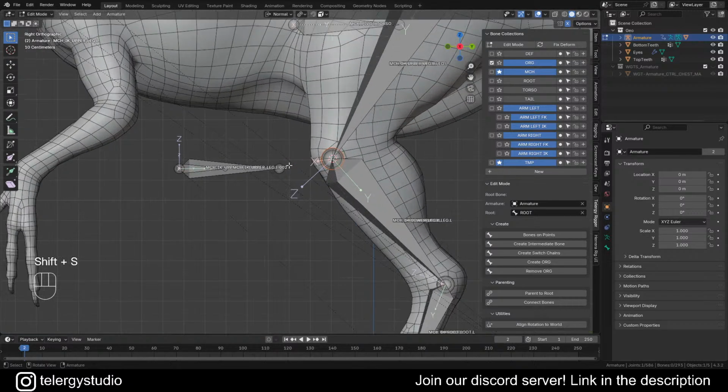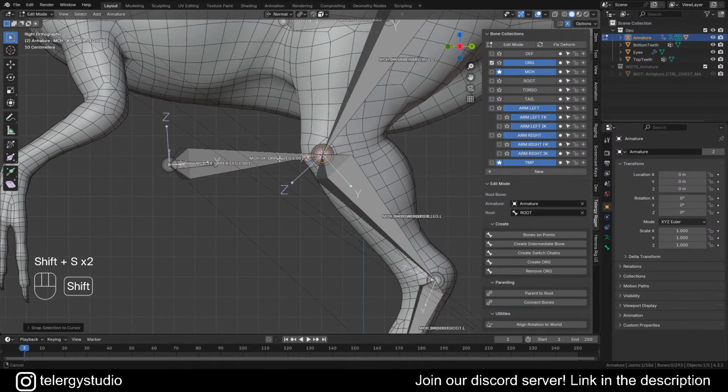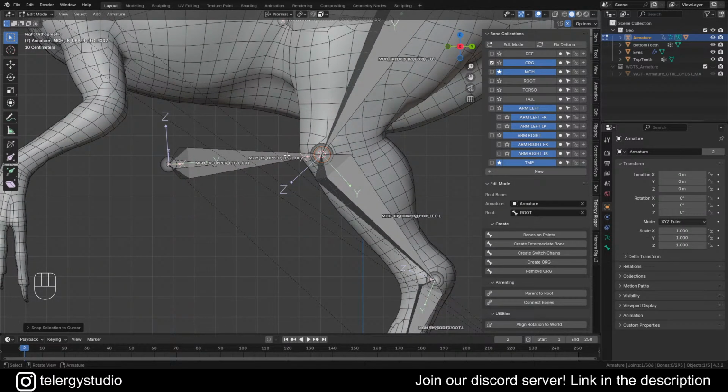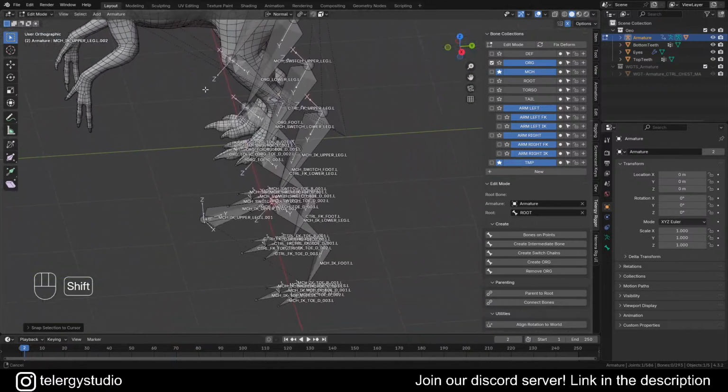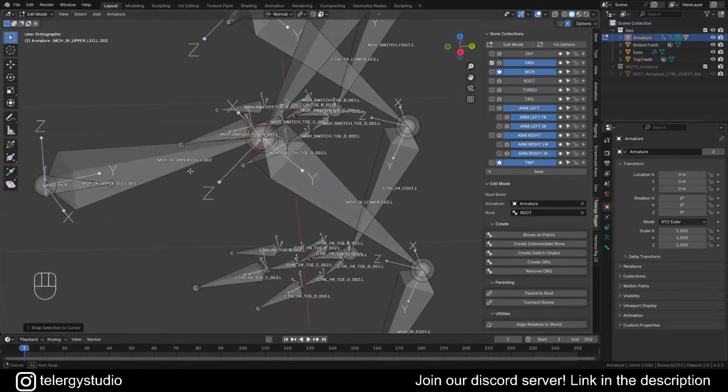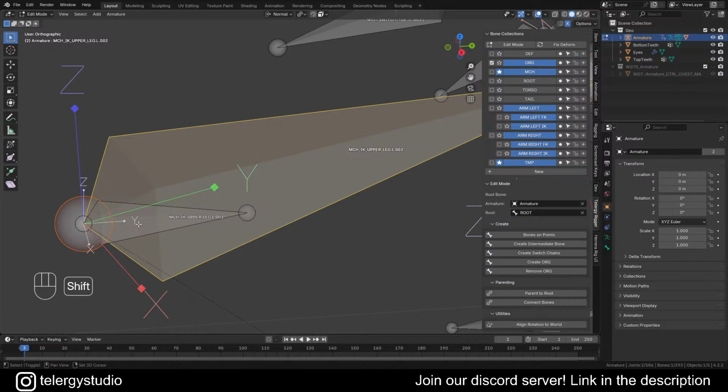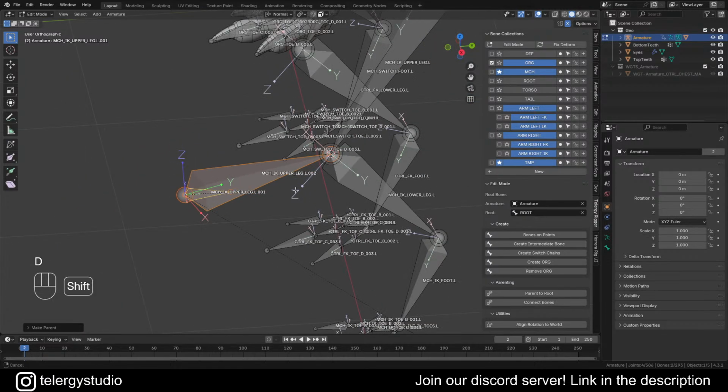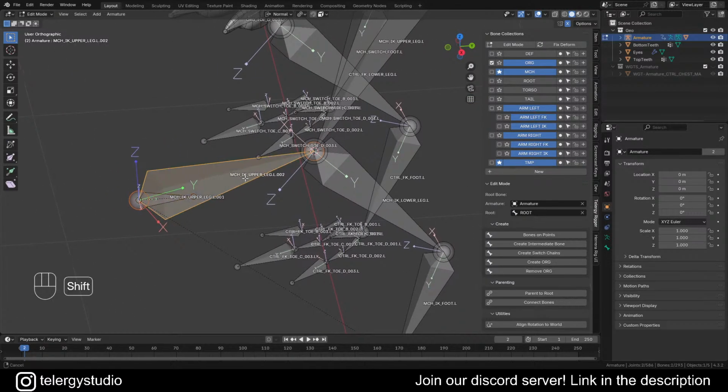Select that one, cursor there, and then boom, make it connect. Okay, so now that it is connected there, I want this guy to be parented to this one, and I want this one,